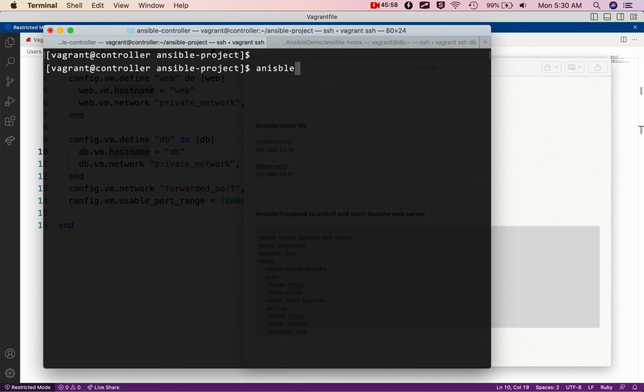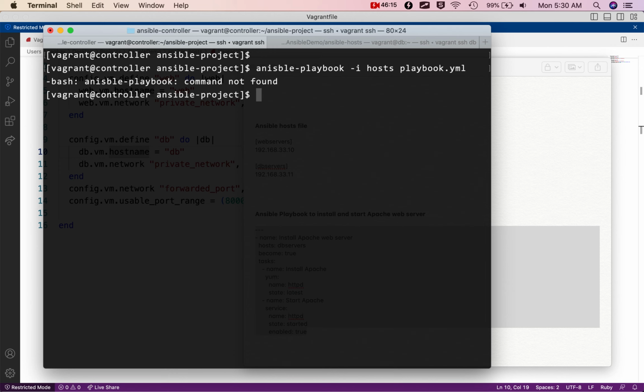I will say ansible-playbook -i, and I will say hosts. My host file is also on the same directory, and then I will just use the playbook file which is playbook.yaml. Okay, it is ansible-playbook -i hosts